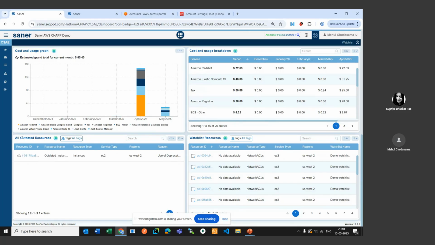There's one more section called outdated resources. So you know that AWS and Azure recommend certain resources to be used and certain resources are deprecated in their eyes. So we keep track of that. And if there are any resources like that in your cloud infrastructure, we show it up in your dashboard directly so that you can take a call whether to remove that resource from your cloud infrastructure or maybe upgrade that. We also show a watch list of resources.